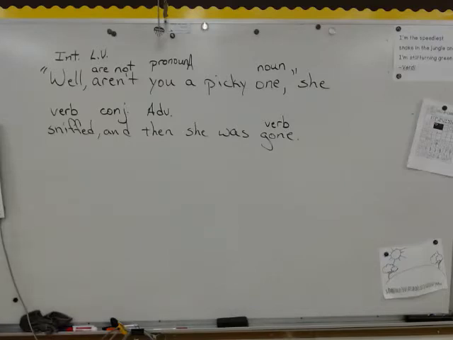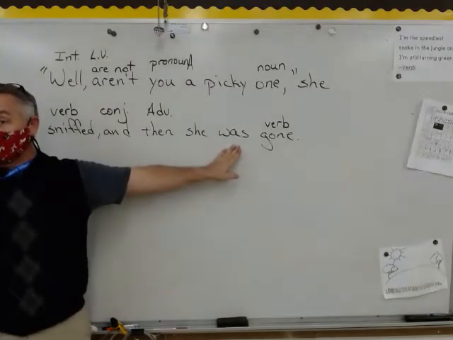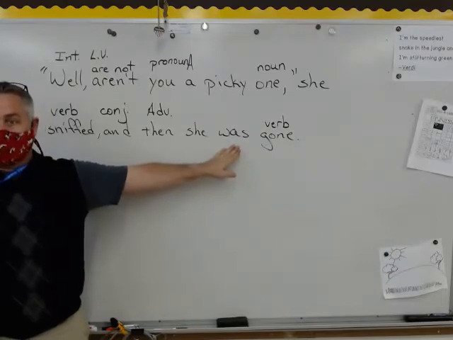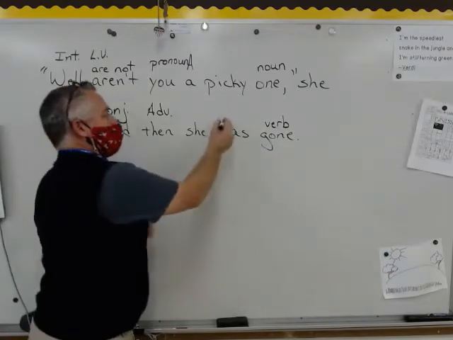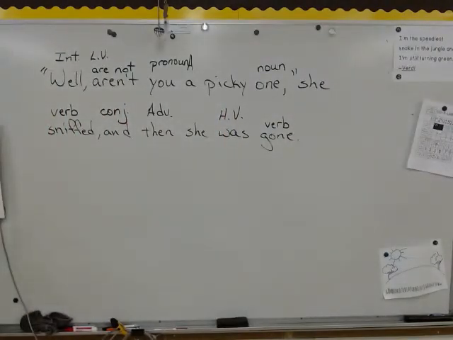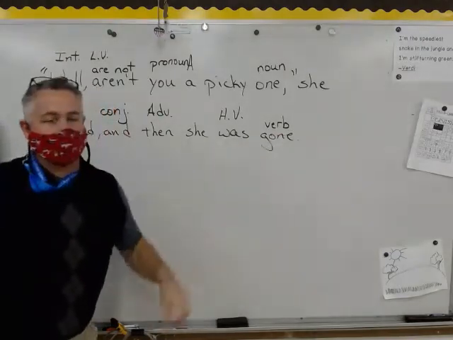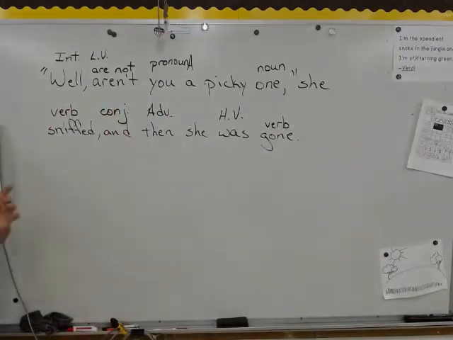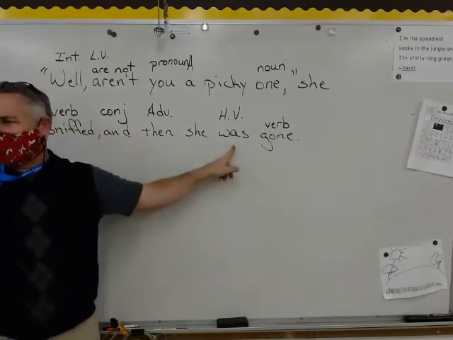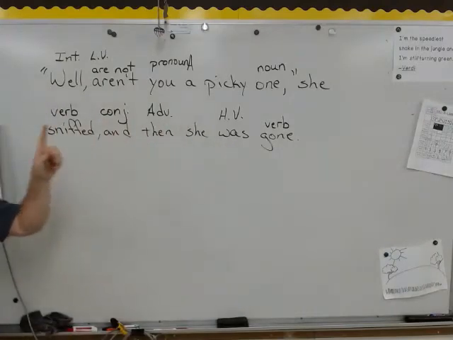Calvin, got another one? Was is a linking verb? Was, it's not actually a linking verb, it's the other one that's a weird kind of a verb. Action verb. Not an action verb. Helping verb? Helping verb, so put HB for that. That's what I did. Was is a helping verb, so was gone is kind of your two words that go together as your whole verb there. Okay, was is just kind of helping this verb make sense. Okay, so if I said, then she gone, it needs the helping verb was to have it make sense.